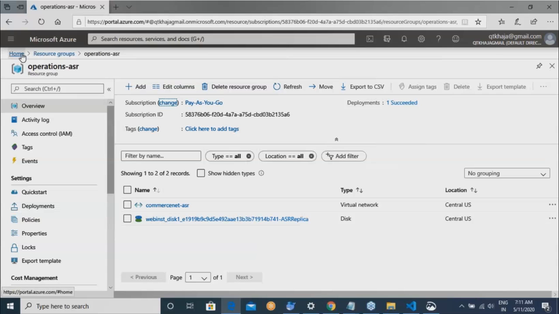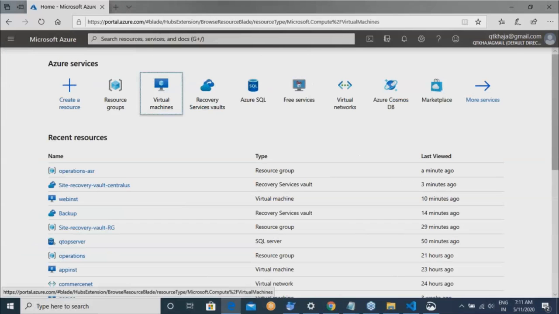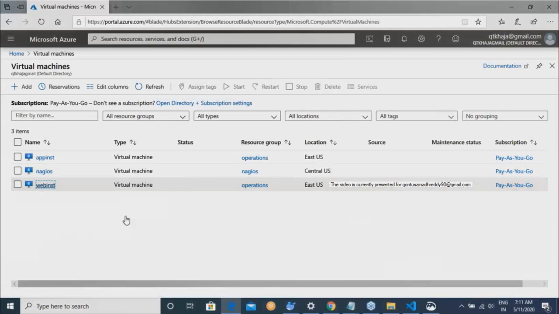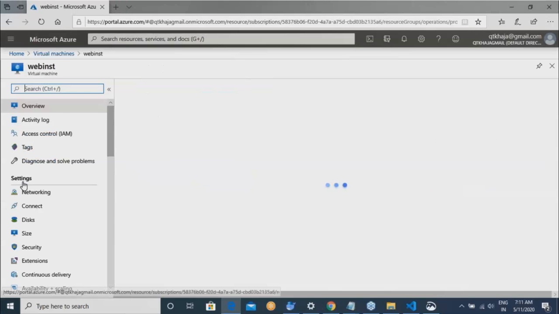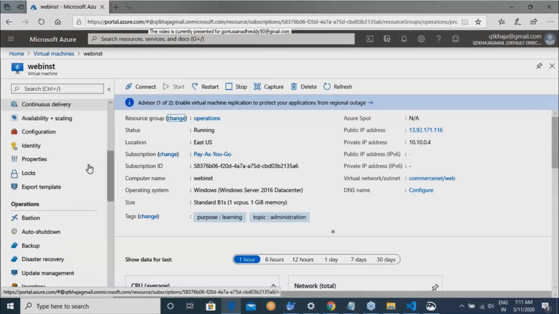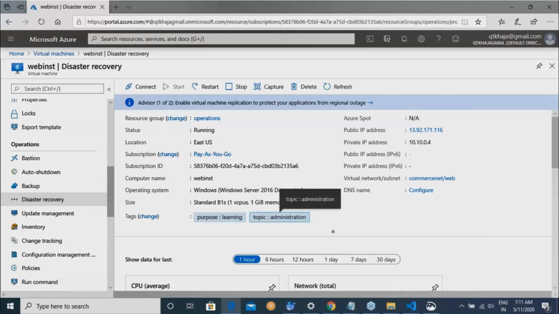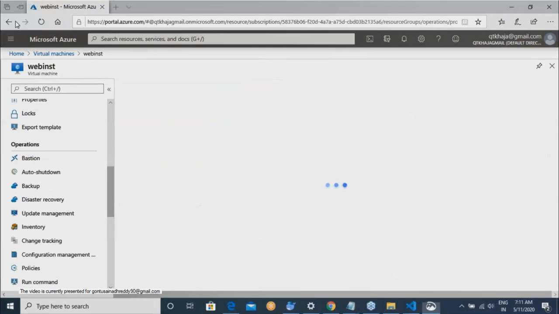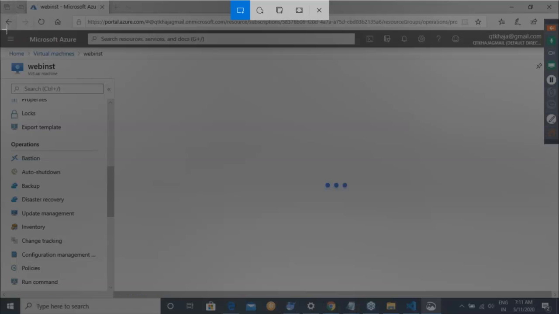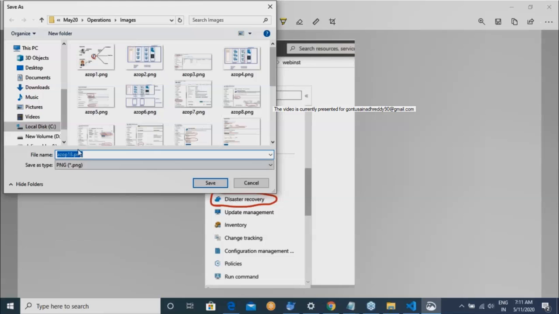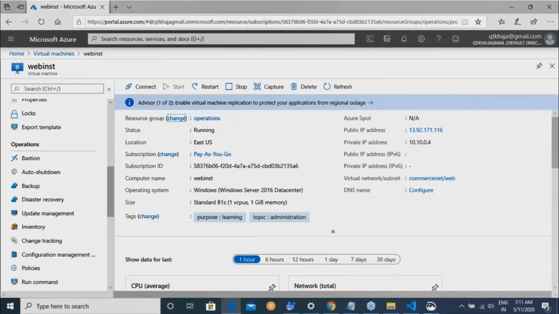So I'll go to my virtual machines, which is web by NST, and then I'll get into disaster recovery.